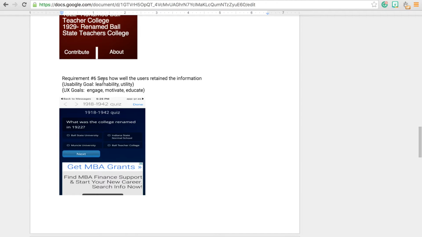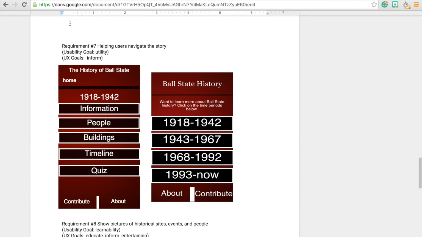And the requirement was to see how users will retain the information, with the usability goal of learnability and utility, and the user experience goals to educate and motivate. Then requirement 7, help users navigate the story. As you can see, we have two menus within the application. Here is the main one where you navigate to the different time periods. Once you get to that specific time period, you can select things like information, people, buildings, timeline, and